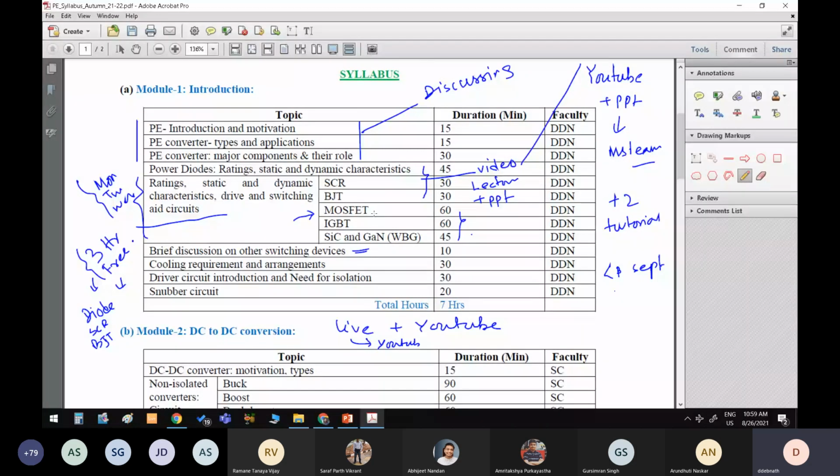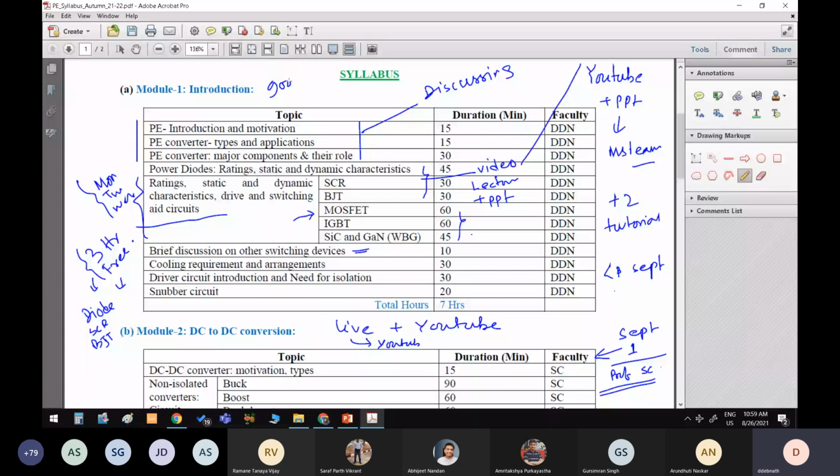And this is how module 1 ends. We have reached the end of module 1. From September 1, the next module will start, and Professor SC will take this part. Okay. And before that, on next Monday, we have a tutorial. So for the tutorial, we'll mostly have the switching devices as the syllabus that I have mentioned in the Google Doc. Okay. So follow that. And before that, we don't have any class.